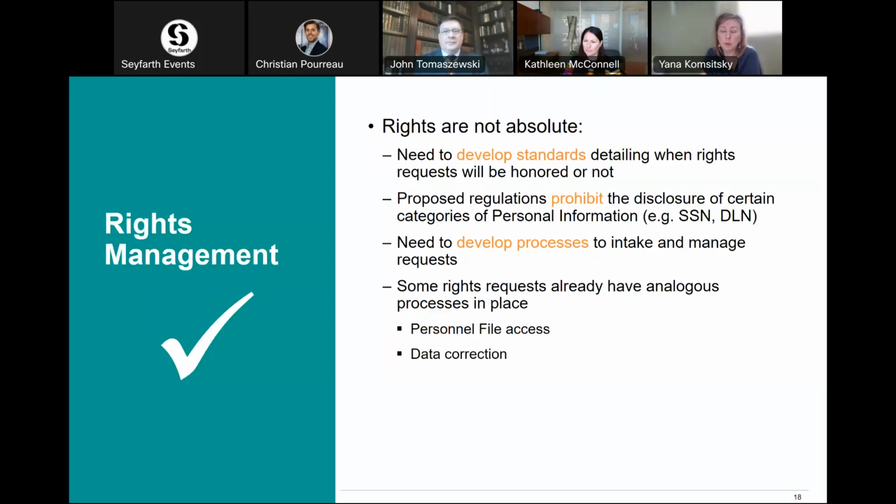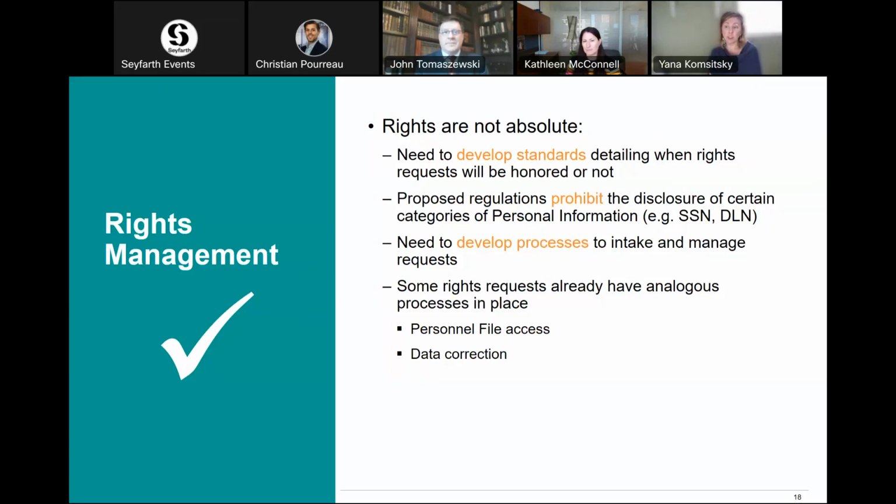So importantly, these rights that we've just talked about are not absolute. A business should develop standards detailing when rights requests will be honored or when they cannot be honored. Generally, you should delete, if we're talking about the right to deletion, which a lot of requests amount to, unless this proves impossible or involves disproportionate effort. A service provider or contractor using information in the context of providing a service to a business may have an out. You're also not required to comply with